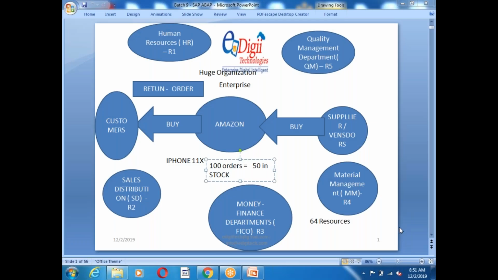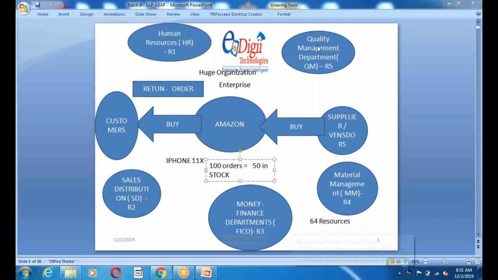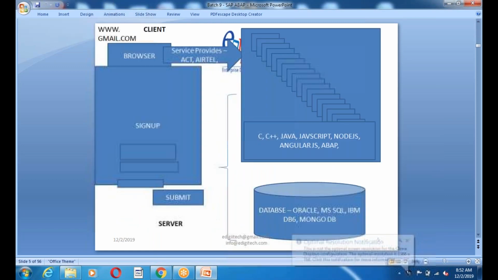Hi, hello all. Welcome to the next session on SAP ABAP. In the last class, we discussed some data dictionary concepts, like what exactly the foreign key relationship is.